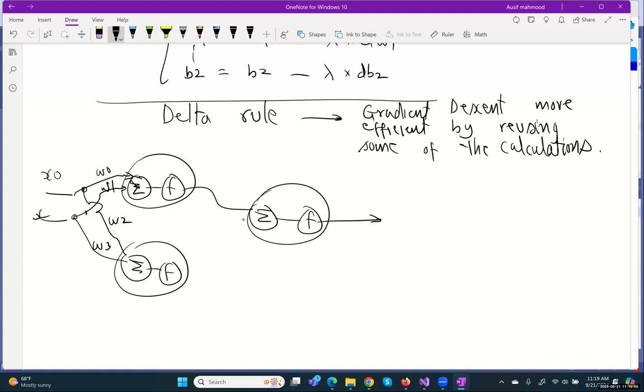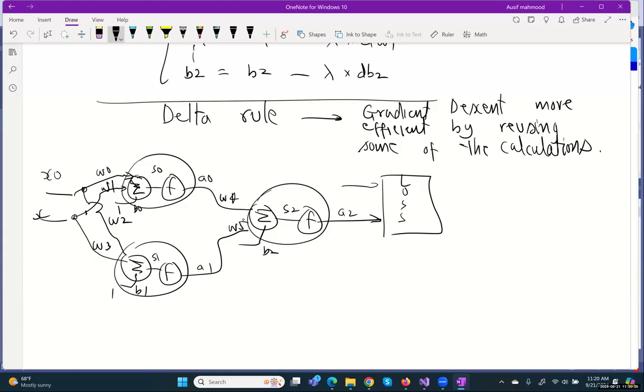Then this goes over here, W4. This goes here, W5, B2, B0, B1, right? Okay, so anyway, S0, S1, S2, A2, A0, A1, and then the loss. So the idea of the delta rule is